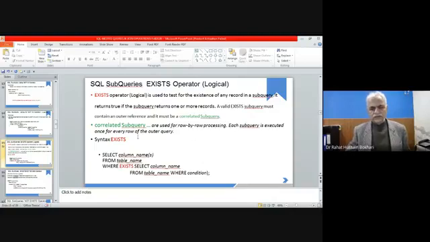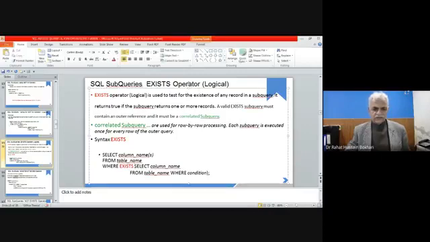Each subquery is executed once for every row of the outer query. When the inner query gives some result, the outer query will be executed for this result. And then again for the other result, the outer query should be executed for the result that we get from this select statement.